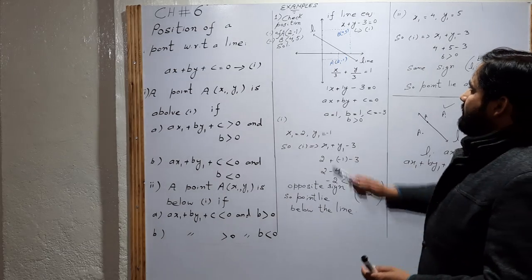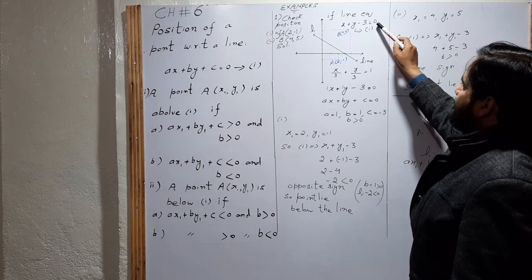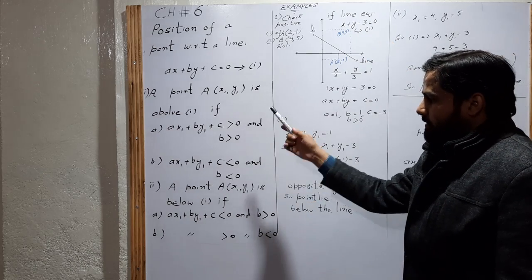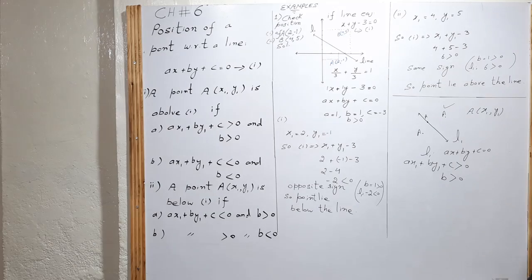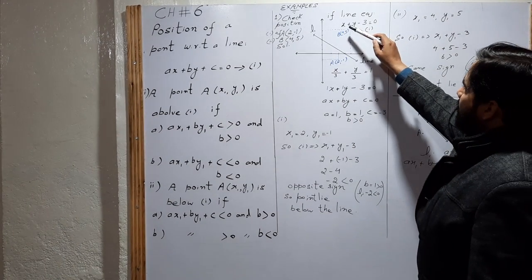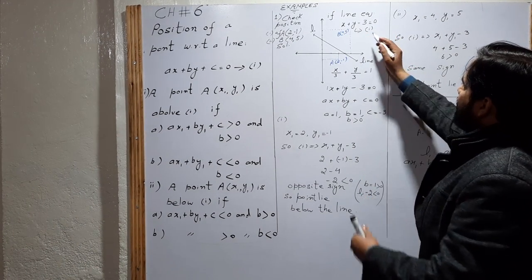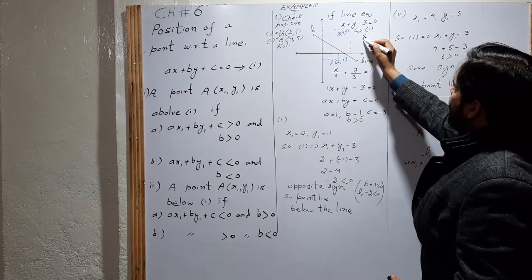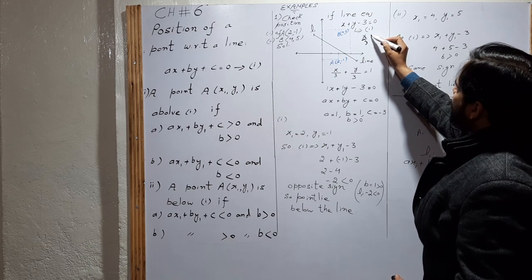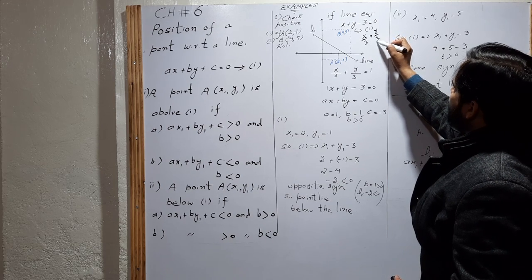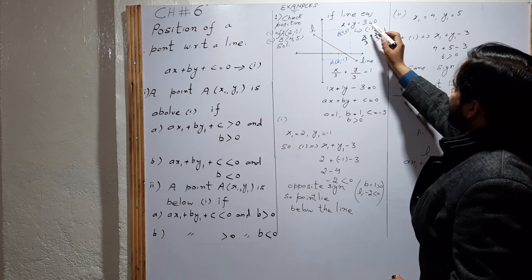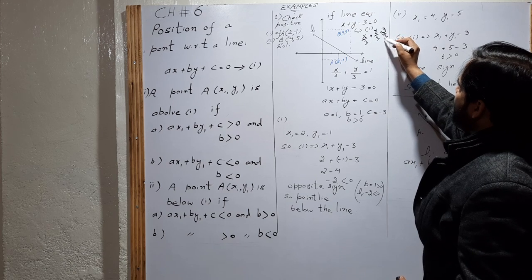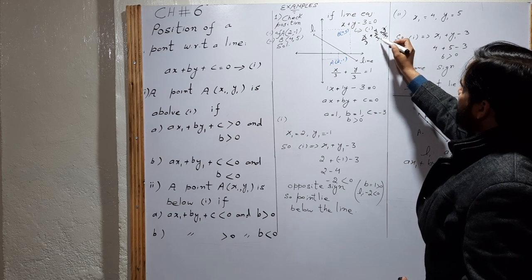For example, the line is given: x plus y minus 3 is equal to 0. Draw the graph of this line to verify whether these results are okay or not. So x plus y equals 3 can be written as x over 3 plus y over 3 is equal to 1. How? Move the minus 3 to the right side, where it becomes plus. Divide by 3 on both sides, so x over 3 plus y over 3 is equal to 1.